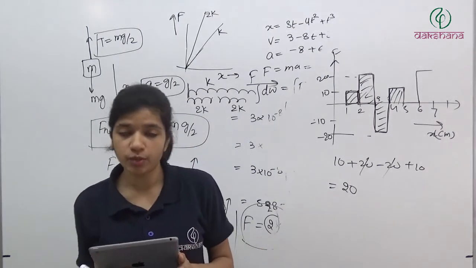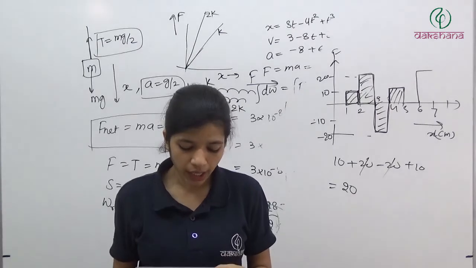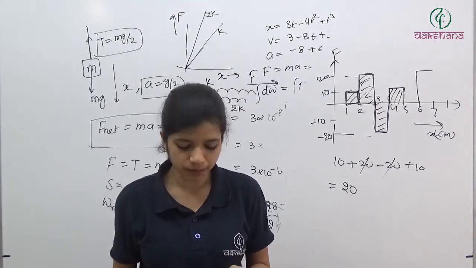So this was section B of exercise 1, and later we'll see section C. So let's see the questions of section C, exercise 1 of work, power, energy. Section C has questions from the work energy theorem. The first question is: the kinetic energy of a body of mass 2 kg and momentum 2 Newton second is. So we have to find the kinetic energy; mass is 2 kg and momentum is 2 Newton second.